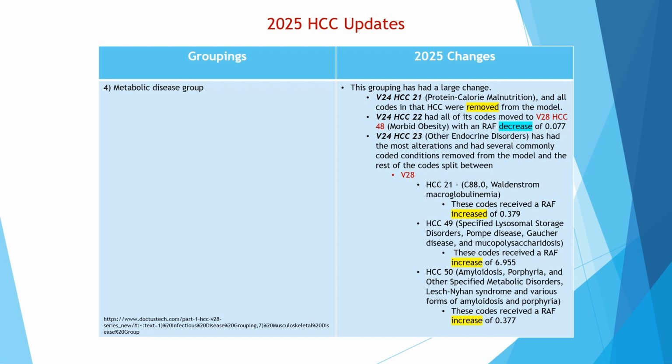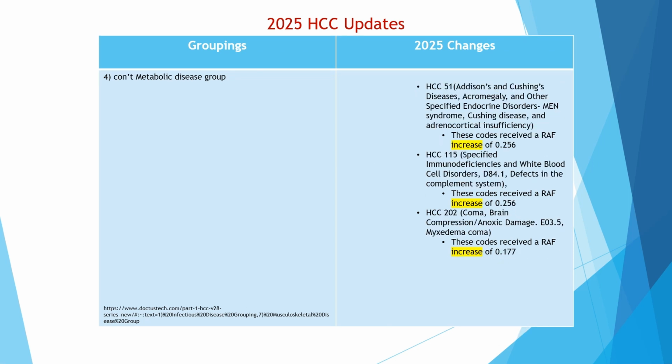HCC 50, amyloidosis, porphyria, and other specified metabolic disorders, Lesch-Nyhan syndrome and various forms of amyloidosis and porphyria. These codes received a RAF increase of 0.377. HCC 51, Addison's and Cushing's diseases, acromegaly, and other specified endocrine disorders, Men's syndrome, Cushing disease, and adrenocortical insufficiency. These codes received a RAF increase of